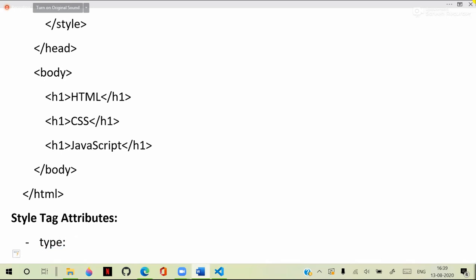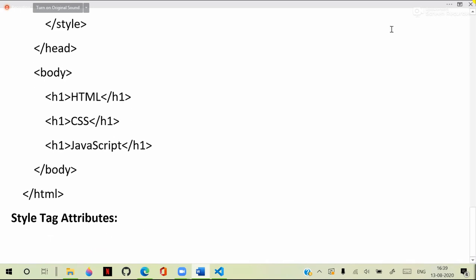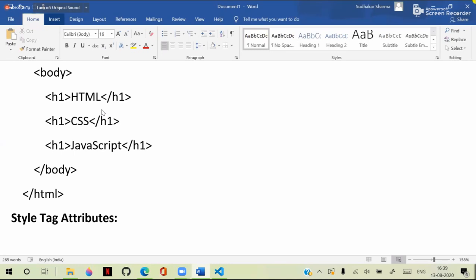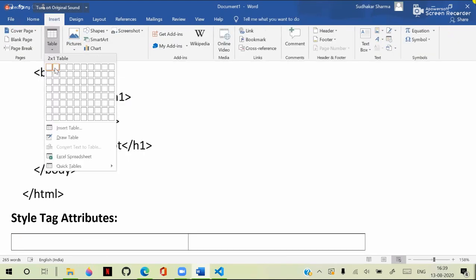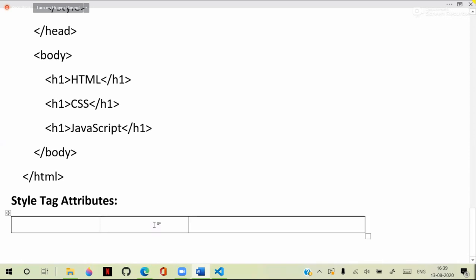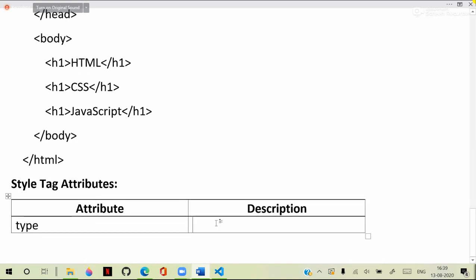Actually, type is an attribute. Let's take a simple tabular form, right? What are the attributes we are having here? Basic attributes, what you have to know and how it should be called. These basics are important even for JavaScript, because if you are perfect here, then integrating JavaScript will also be easy. So you don't need to spend much time there. Suppose see here, what is the attribute we have? Type. The purpose of the type attribute actually is it specifies